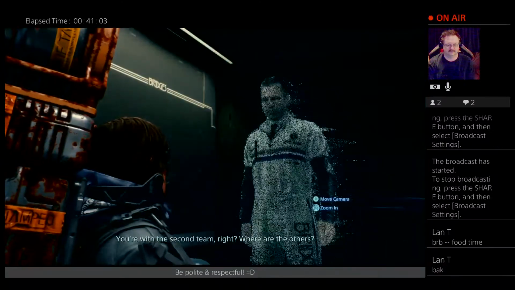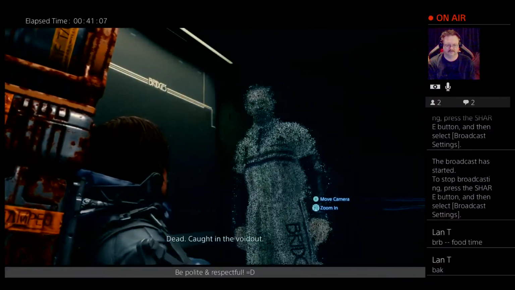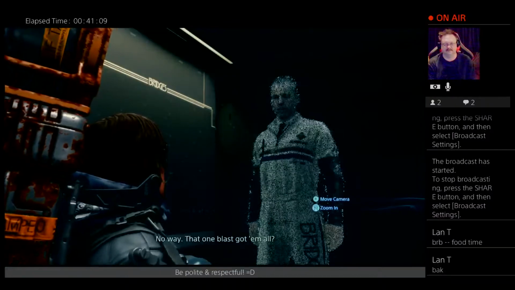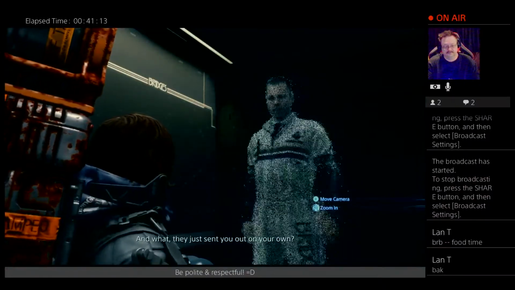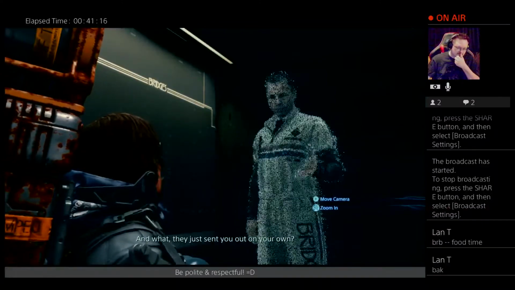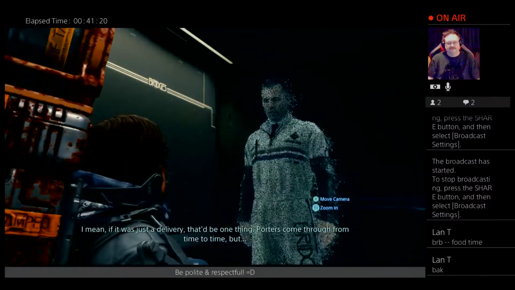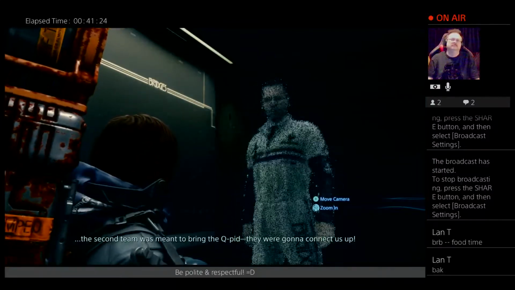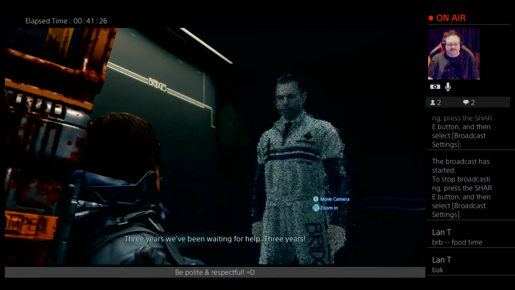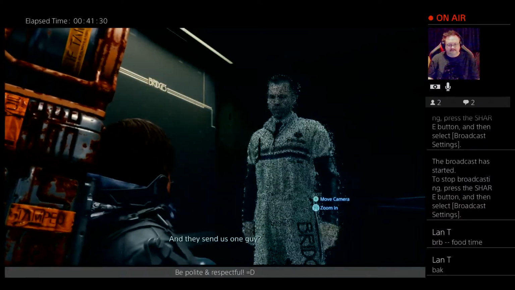Second team, right? Where are the others? Dead. Caught in the void out. No way. That one blast got them all? And what, they just sent you out on your own? I mean, if it was just a delivery, that'd be one thing. Porters come through from time to time, but... The second team was meant to bring the Cupid. They were gonna connect us up. 3 years we've been waiting for help. 3 years! And they sent us one guy who's...